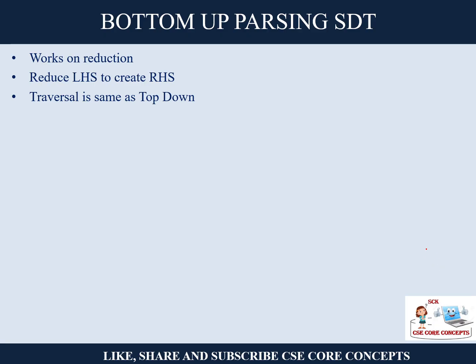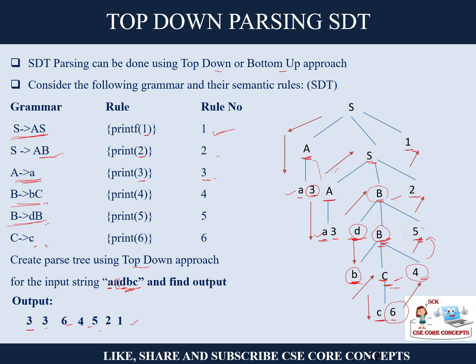What we do in bottom up is that we derive this, and reduce it to capital C. These two elements are there. We write bottom up like this. DB is there, we reduce it to capital B. Then capital B is there, and we will reduce it to something. That is the way we do it.